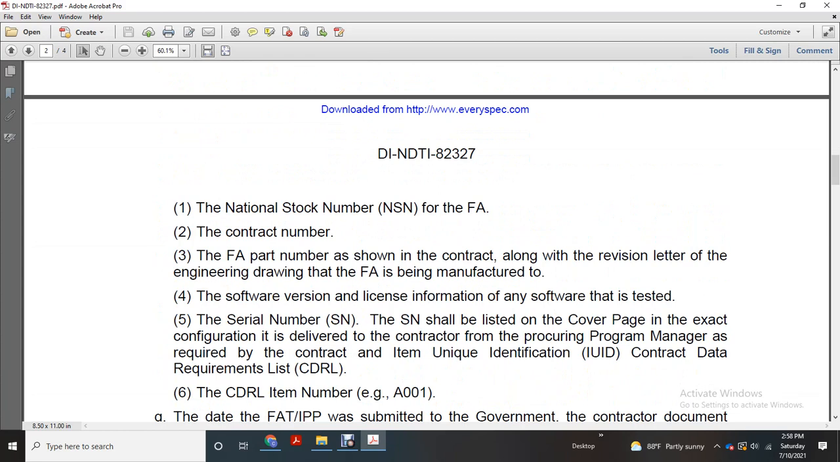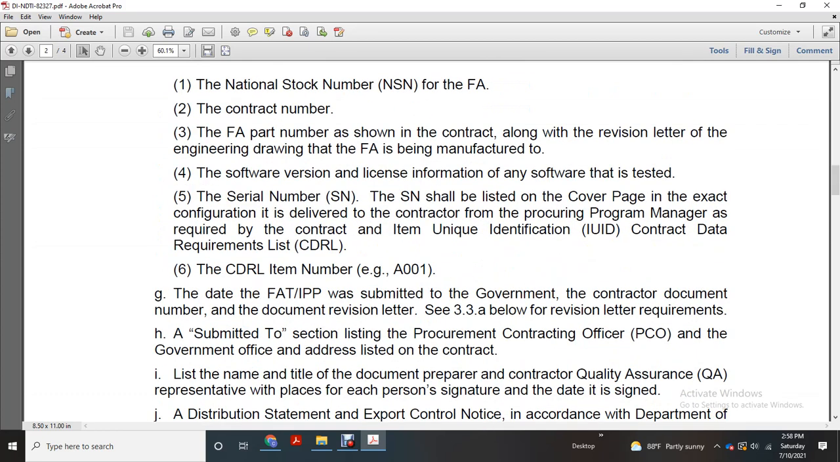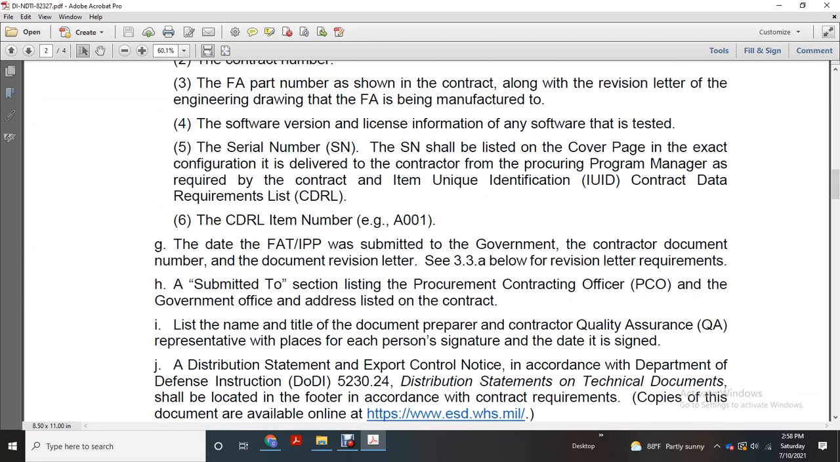The serial number should be delivered on the cover page except for the configuration delivered with the contractor procurement program number required with the contract item unique identification contract with data requirement list, the contract data requirement list, the item number, the date for the first article and testing inspection programming and planning. Submitting with the government with the contractor document, the number of the document revision letter of the 3.31 below, the revision letter of the submitted with the section procurement contracting officer, government office of the list of the contract